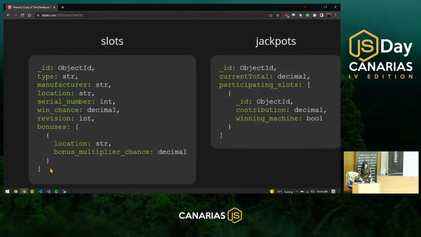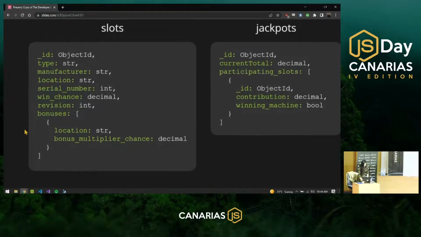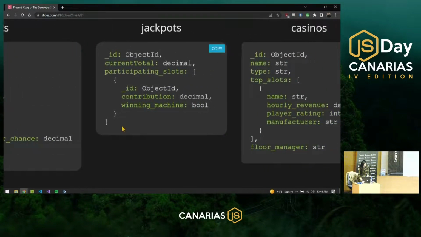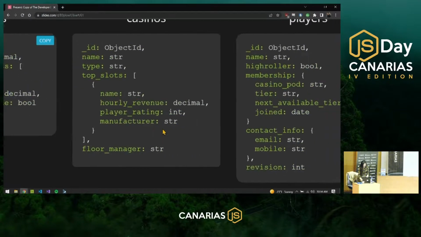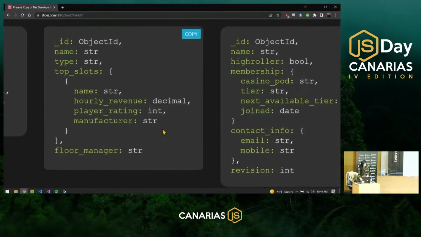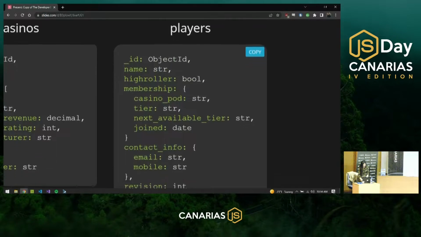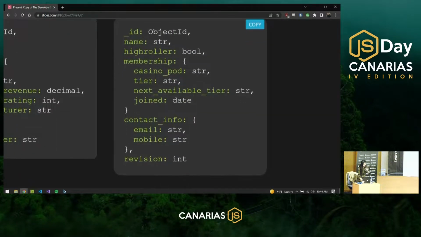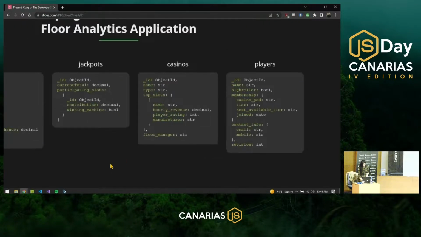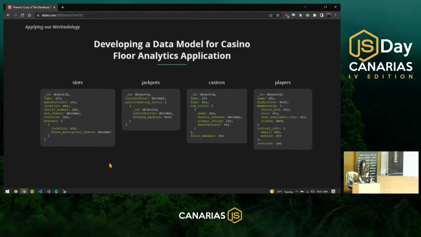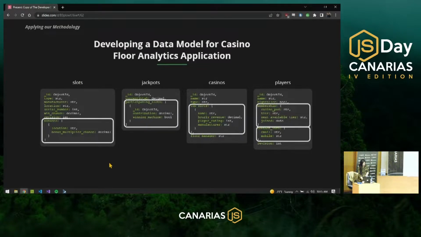So the initial entities that we have here, we have some slots, we have some jackpots, we have some casinos, and we have the players. And these are the fields that we want to collect about these particular entities. And where the design patterns come in, firstly, we'll show here that these that are bordered in the white, these are the pieces where we've decided to embed the information into